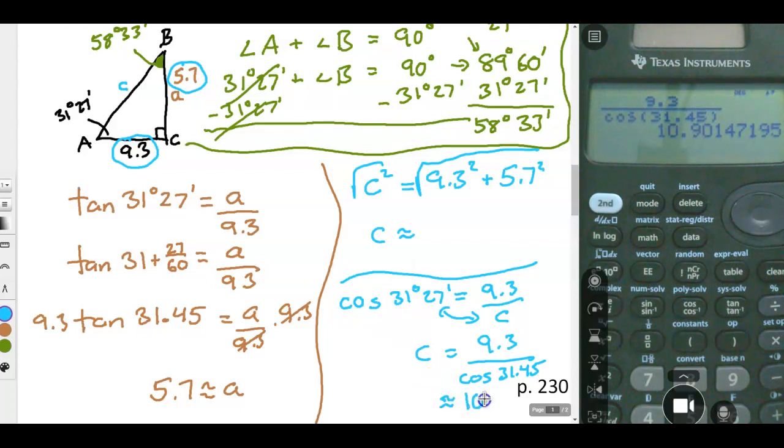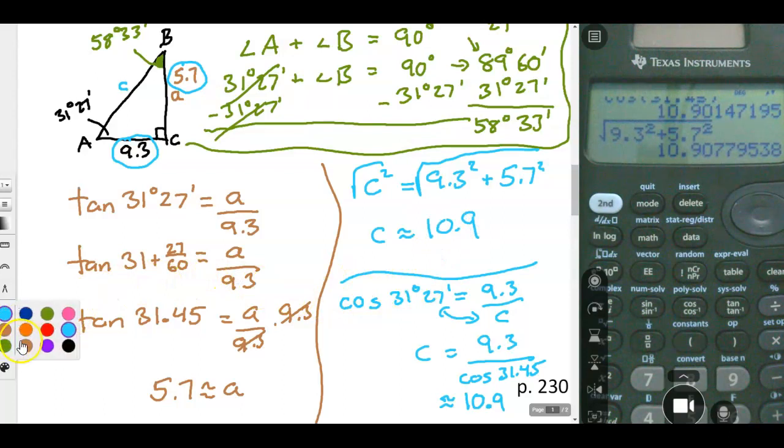We're using that approximate sign an awful lot when you're dealing with trig. But I could also use the square root up here and just punch this in. So I could do square root of 9.3 squared plus 5.7 squared. So you can see just to punch that in is a little bit faster using Pythagorean theorem. And it comes out to 10.9. So either way,